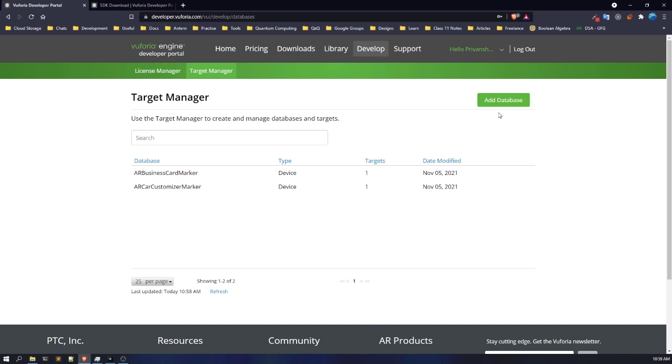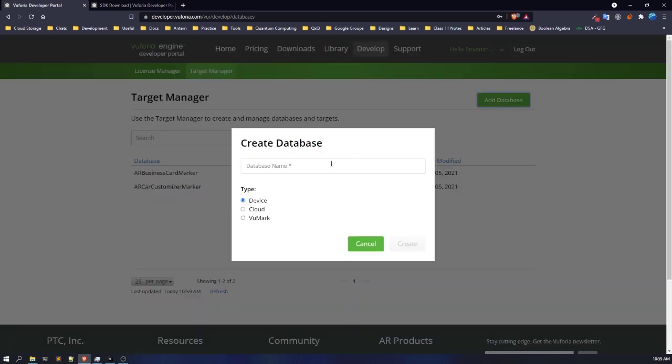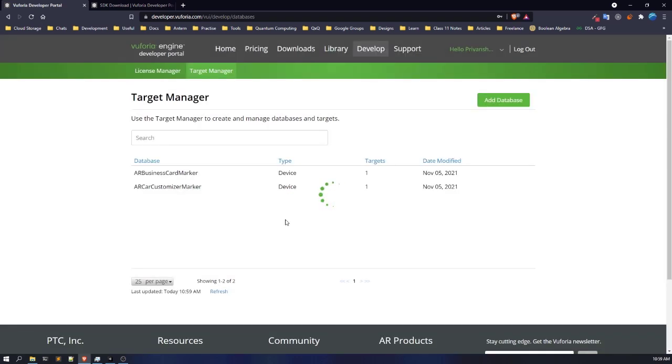For this, simply you have to click on add database, and then you have to name your database. Let's say first AR app. Oh, I missed that R. No worries. So then I have to click create, and then turn it on. Then go to that particular target, and you have to upload your target in there,